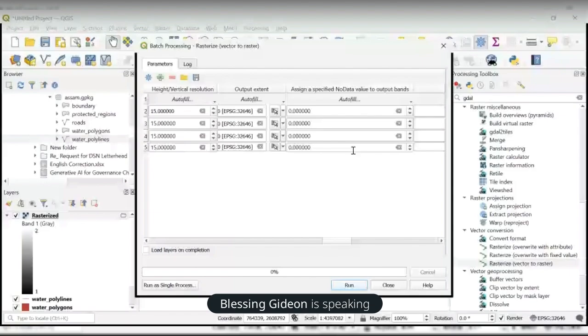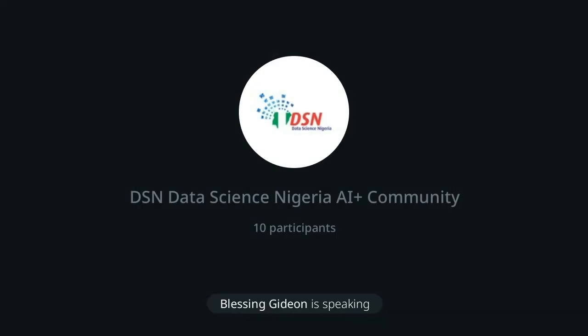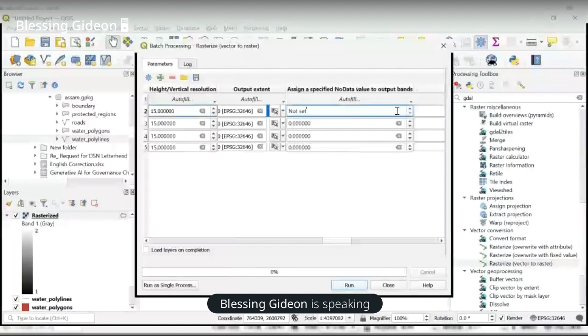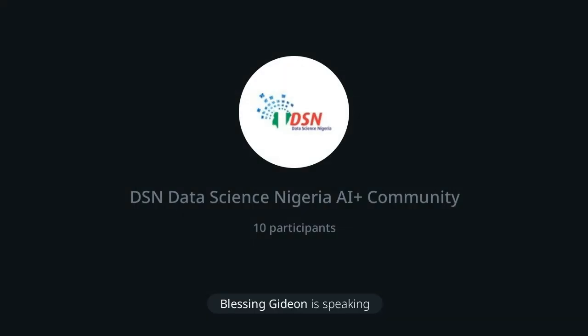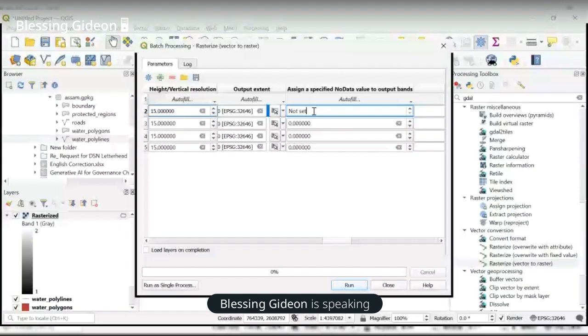Assign specific value to output bands. So now there's this particular one, we have to assign specific no data value to output bands. So this particular one here, I'll set it to not set. The reason was because if I do not set it to not set, right, the rasterized data will be saying 0, and that's going to be a wrong value, and our analysis is not going to make sense, right? So for any pixel that does not have a value, QGIS is going to identify that that value is not set, right? So that's basically what I'm doing. So I set this first one to not set, and then we'll take advantage of this autofill to fill every other one to not set,